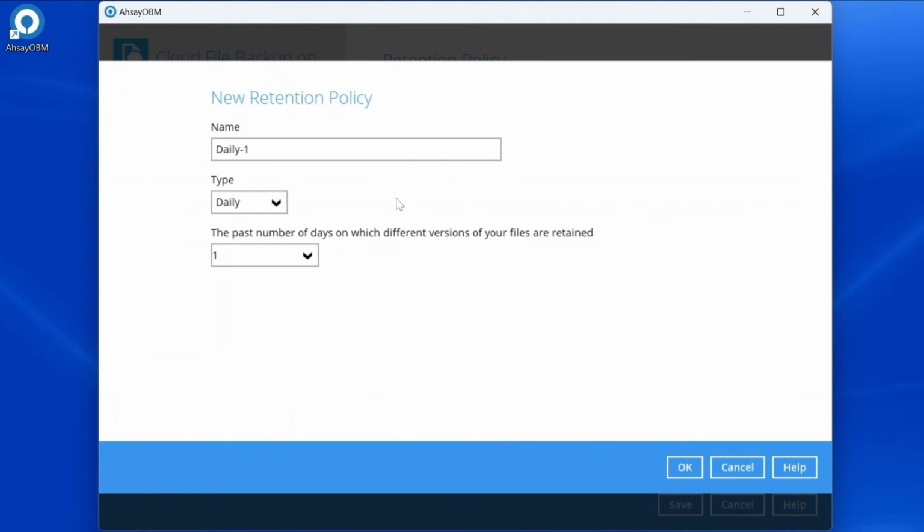You can change the default retention policy name, but you can also use the default name provided. You can also choose among the different types as to how recently you would like the different versions of your files to be retained. An advanced retention policy offers more flexibility and control in managing older versions of deleted or